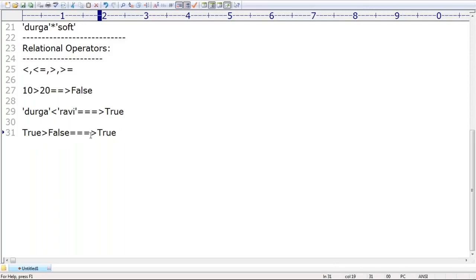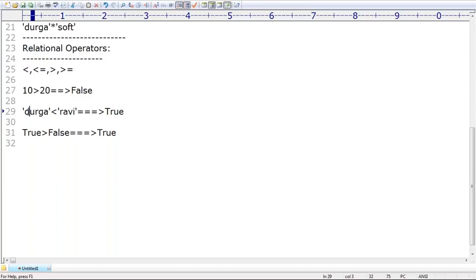Next, here is one small doubt. Some people are asking, what is the calculation, how is this comparison going to happen? Make sure it does not compare the complete string. It always compares only character by character. What is the first character here? D. And here? R. Which one is bigger? R is bigger, according to ASCII code. That's why R is bigger.